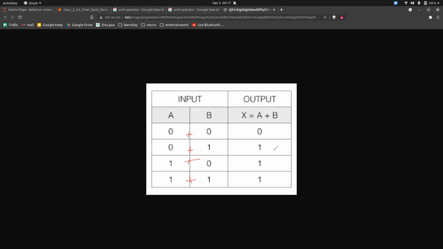So this is what you mean by truth table. 0 plus 0 is 0. 0 plus 1 is 1. 1 plus 0 is 1. 1 plus 1 is 2, which is also true. So this is just a remembering trick, but that is not actually what happens behind the scenes. And this is what we call a truth table.